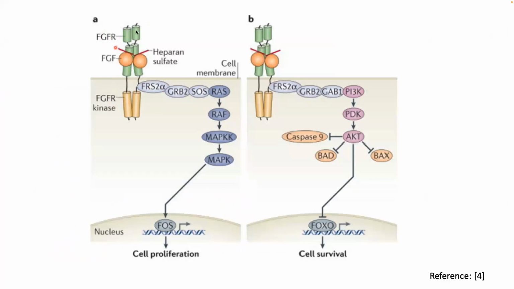So here is the extracellular domain, and this is the intracellular domain at which specific substrates can bind onto its surface. So these specific substrates can lead to specific signaling pathways and therefore lead to distinct cellular responses. So here in part A, we could see the RAS-MAPK pathway that leads to the cellular response of cell proliferation. And in part B, we could see the PI3K-AKT pathway that leads to the cellular response of cell